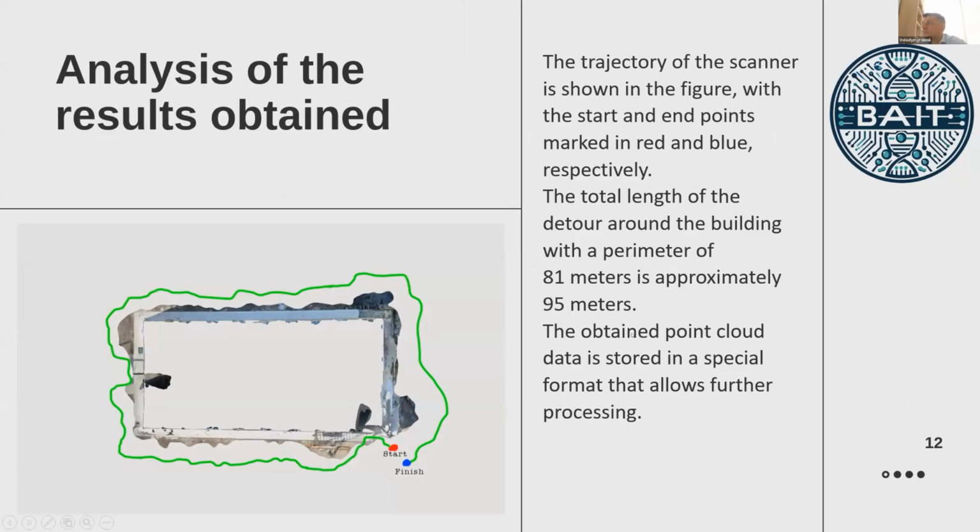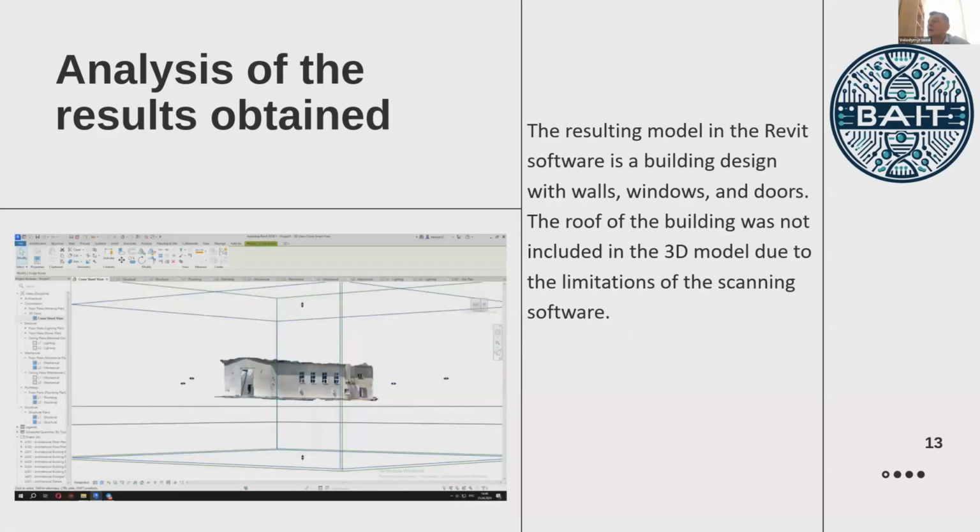So the building has a perimeter of 81 meters, and the total scanning path length is approximately 95 meters. The obtained point cloud data is stored in a special format that allows further processing. So after the scanning, the result was imported to the